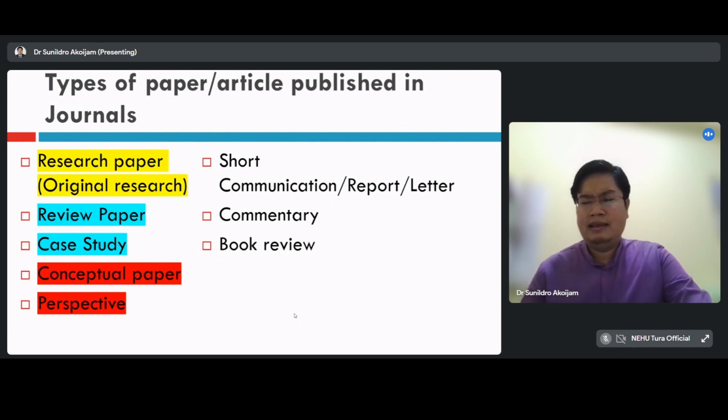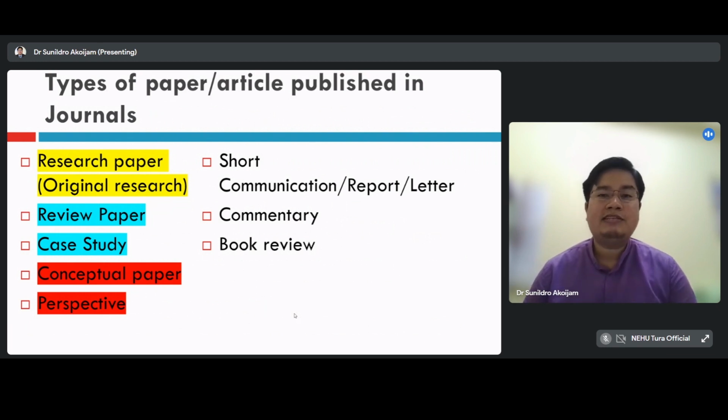Then, as I said, in order to write a perspective article or perspective paper, you need to analyze all the recent papers that have been published, and see how you think differently from the published article. To have that kind of perspective, again, the researcher needs to have a lot of experience, and should have a rich experience in that particular line.